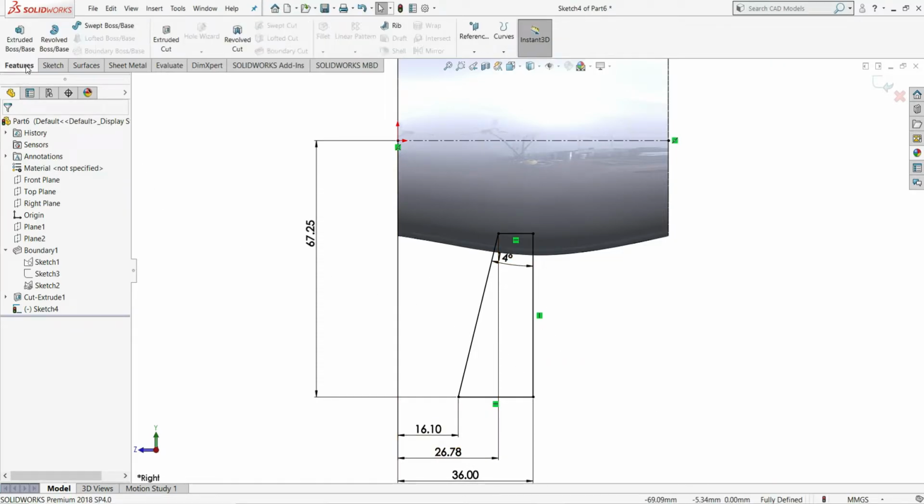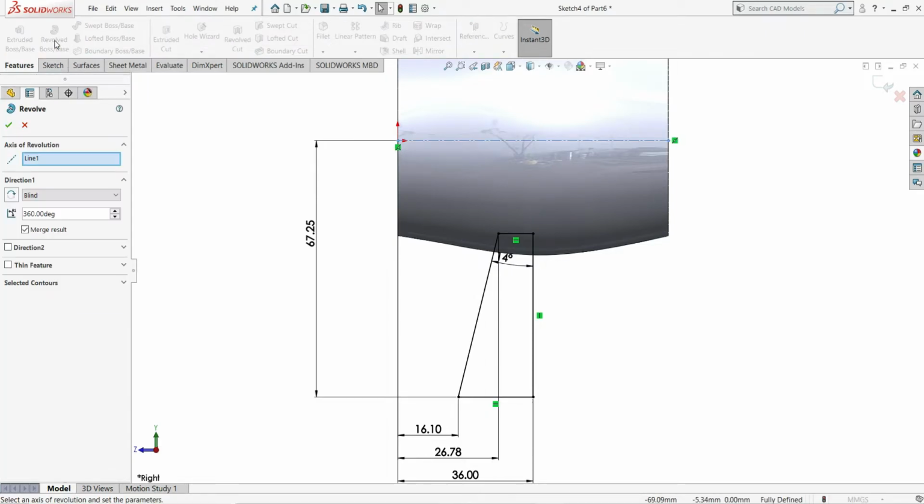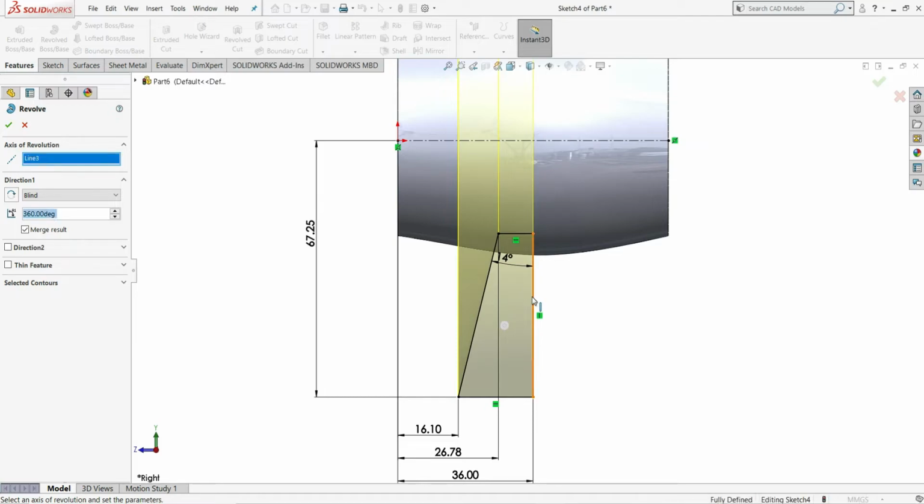Now we'll go to features and from here select Revolved Boss. The line is selected, this line, but we don't want to revolve like this, so clear this selection and select this line. Okay, and here we have to select merge results. Okay,